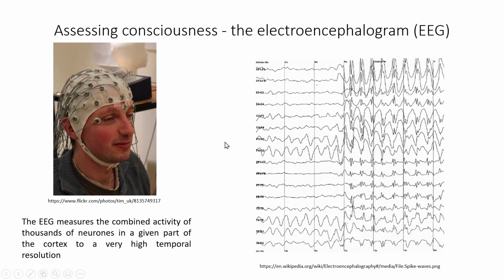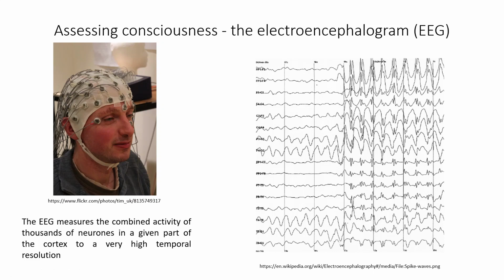Now, there are other methods to assess consciousness, and another method is the electroencephalogram, or EEG. I'm not interested in you knowing great detail about the EEG. Just realise that what you are doing with the EEG is putting a whole bunch of electrodes all over the scalp of the subject or patient. Each one of these electrodes is capable of measuring the electrical activity in the brain in that region. The kind of tracing that you get looks like this on the right hand side, and depending on what you get the patient to do, you can get different tracings.